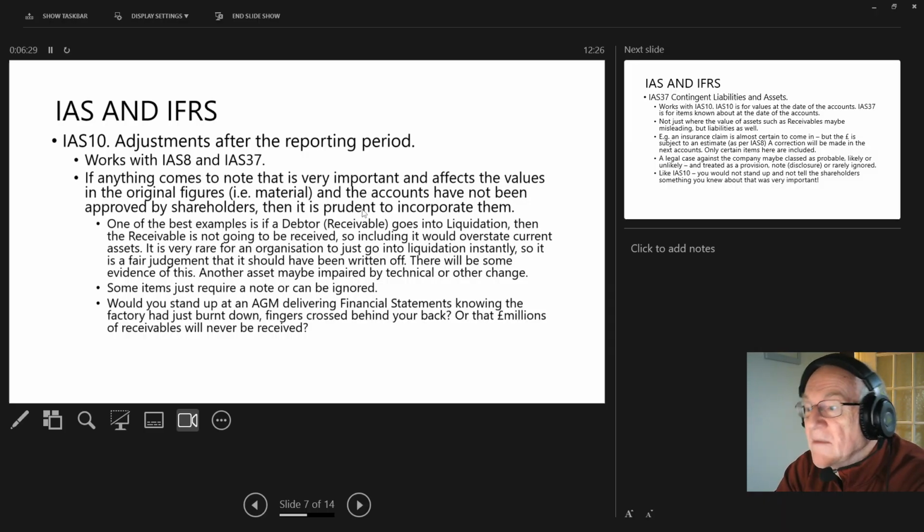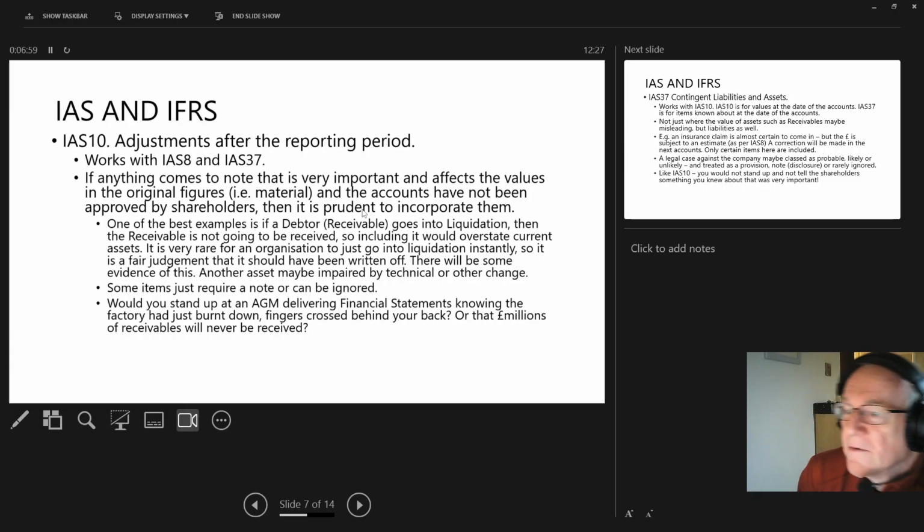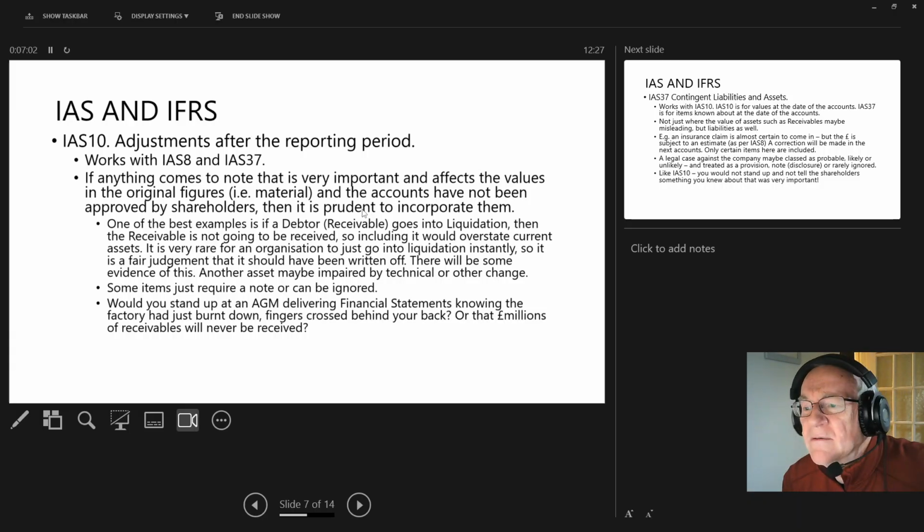But other assets may be impaired. It might be a technical or other change. It's outdated. There's something wrong with it. A notice not to use it and to take your motor van back to a dealer for something or whatever, and then the value is lowered. Even the tax change on electric vehicles in the last budget affected the value of electric vehicles. It's made them less viable, so realistically the value's gone down.